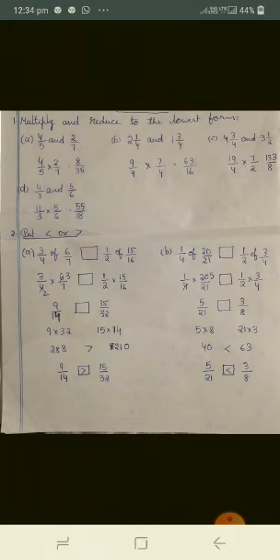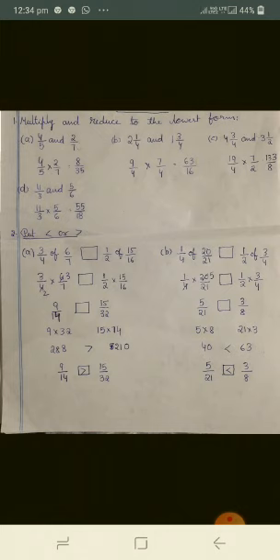2 and 1 by 4 and 1 and 3 by 4. Change them into improper fractions. Here also you can't simplify. So multiply both numerators and both denominators. 63 by 16 will come. Another one, 4 and 3 by 4 and 3 and 1 by 2. If you change into improper fractions, you will get 19 by 4 and 7 by 2. Here also you can't simplify. So multiply numerator into numerator, denominator into denominator. The next sum also, 11 by 3 and 5 by 6. Here also you can't simplify. 11 5s are 55, 3 6s are 18.